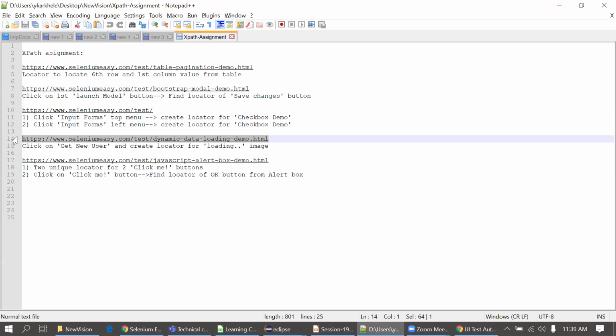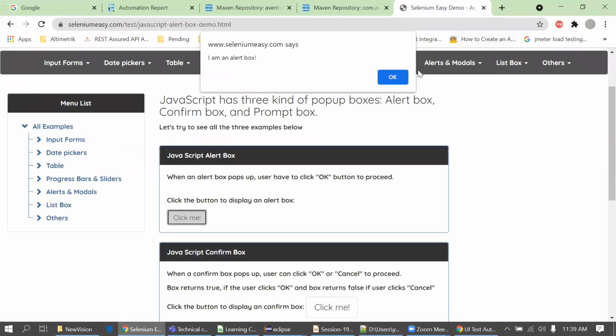Suppose this loading image is a link, and if you click on it, it may move to some other page, maybe a profile page, so we get some output from it. So you are saying that we are not performing any action, so why are we creating this XPath? Okay, I'll tell you the actual meaning of this and how to create a locator for the loading image.